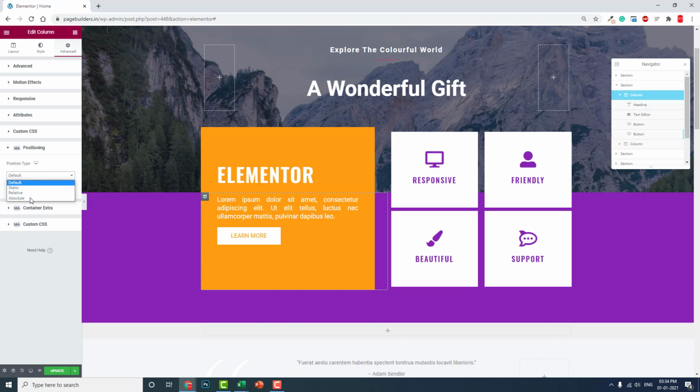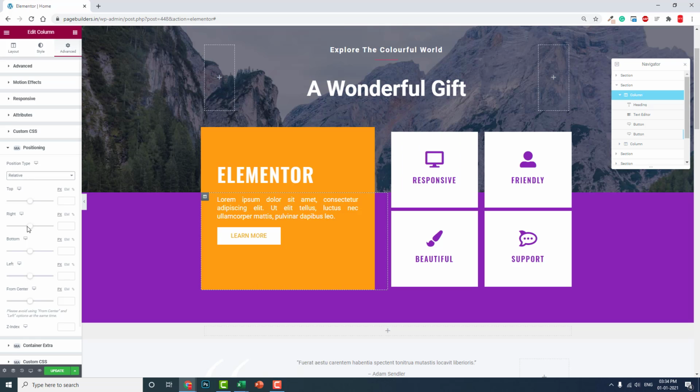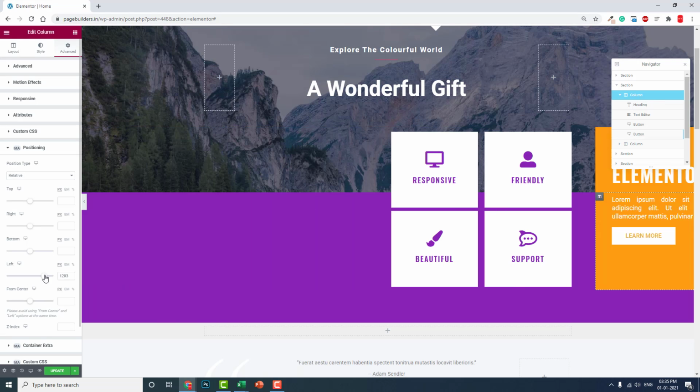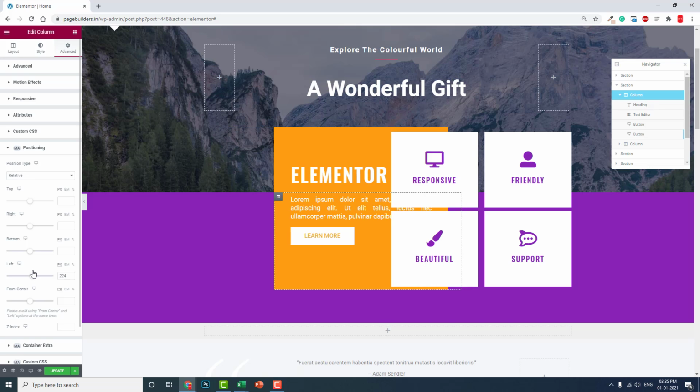And you can choose absolute or relative, depends on you. Absolute, it doesn't look good. Then relative, it's hard. No, relative. Then you can adjust this here from left, right. So from left, like this, you can adjust it. And